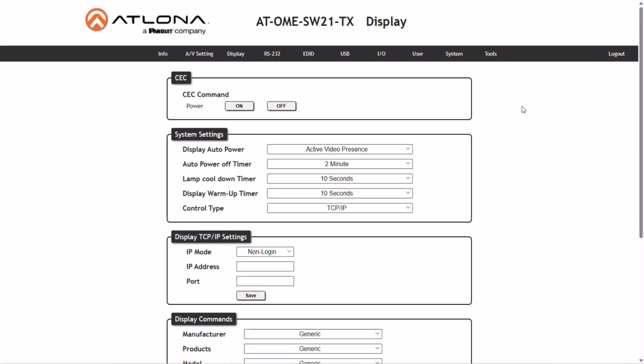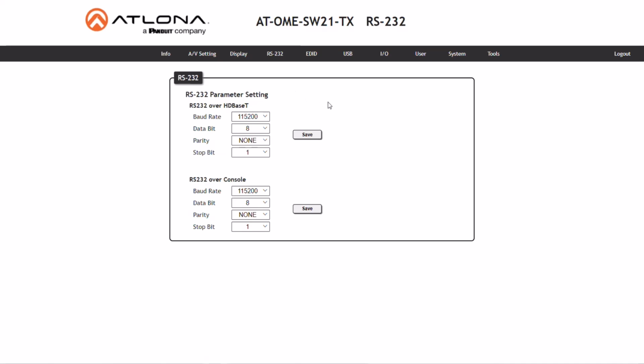device. Under the RS-232 page, you can set the RS-232 over HDBaseT, and it converts TCP/IP commands to RS-232 commands for output to external devices over HDBaseT. It also enables a single IP connection to the control processor to control both IP and RS-232 connected devices at remote endpoints. The RS-232 console is the setting that allows the control system to control the switcher and other devices